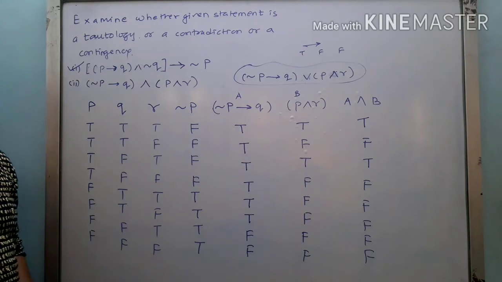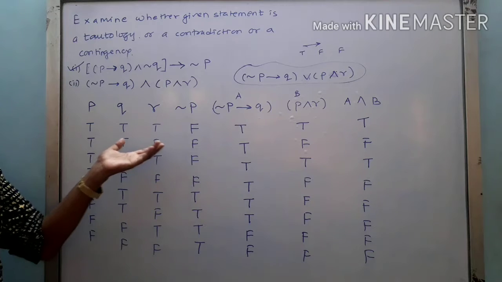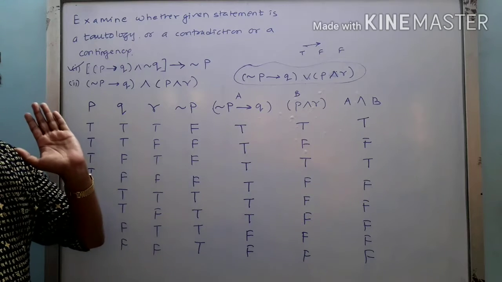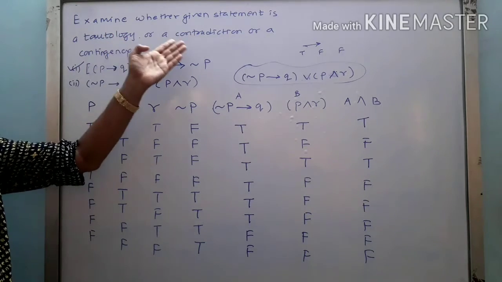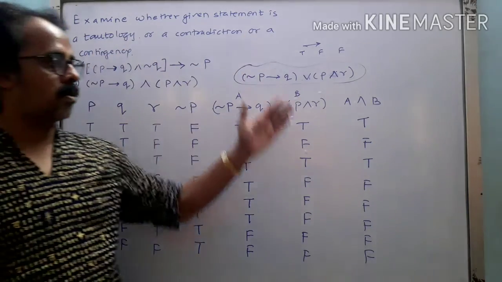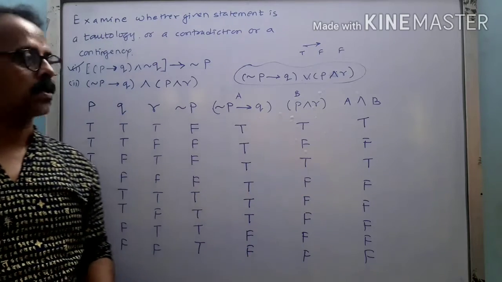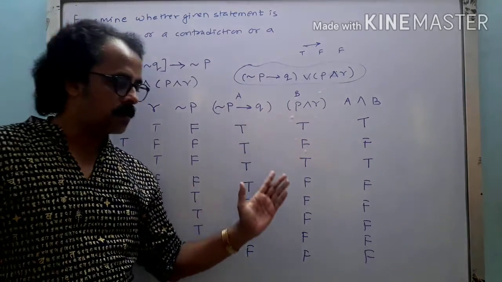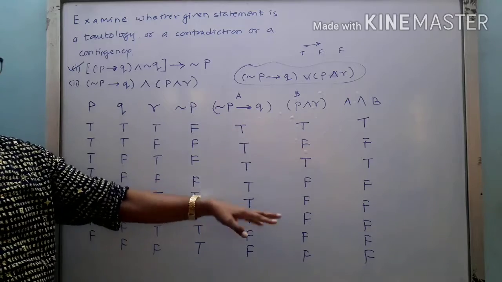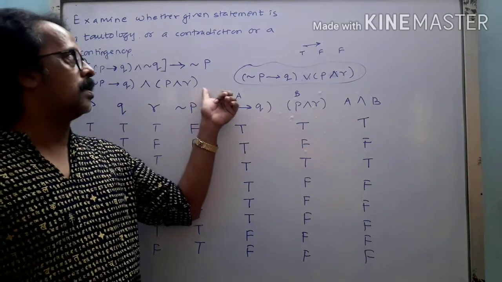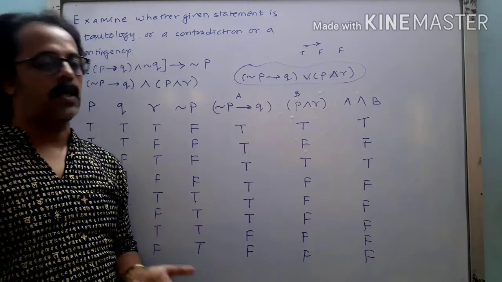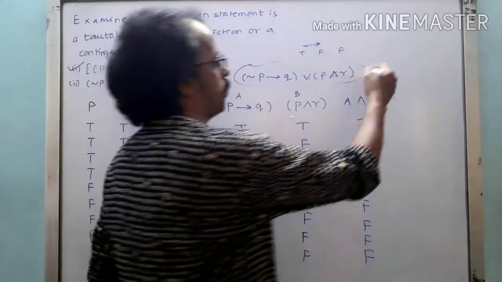So this is the way we write the second example, which involves three logical statements, and how to examine whether the given equation is a tautology, contradiction or contingency. Once again, tautology means the last column should contain all true values. Contradiction means it must contain all false values. Contingency means a mix of true and false values. Therefore this particular logical equation is a contingency, since the last column contains both true and false values, right? So this is about that particular case.